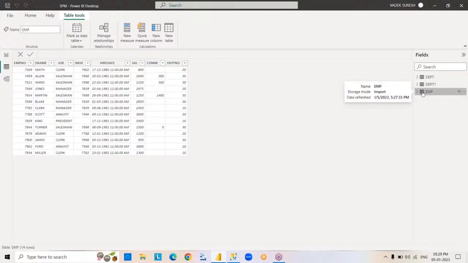It is clearly showing how this table was copied, by import. By using import only, this table was copied. Right, and so the other way to copy data from this source is